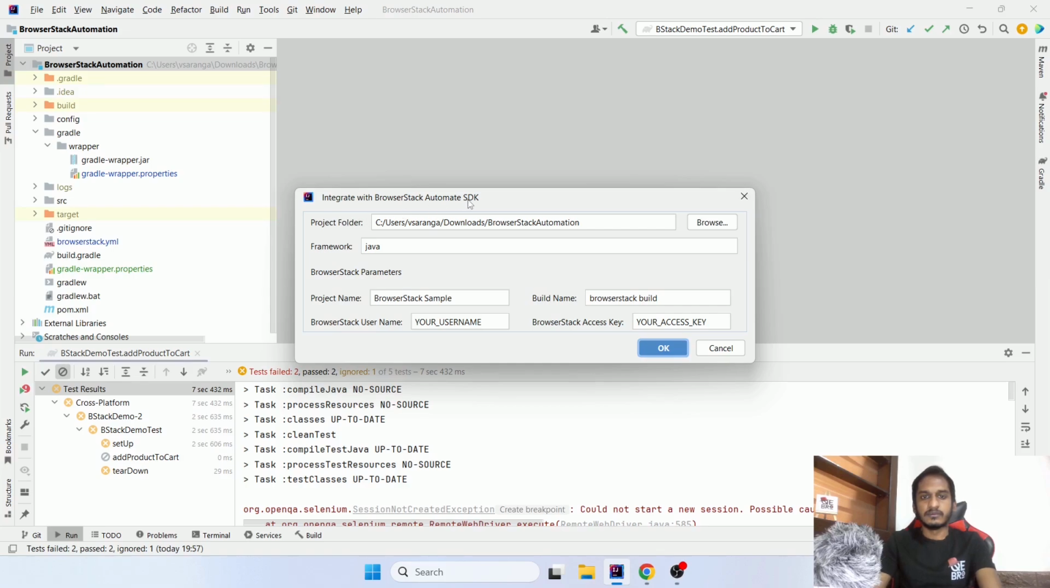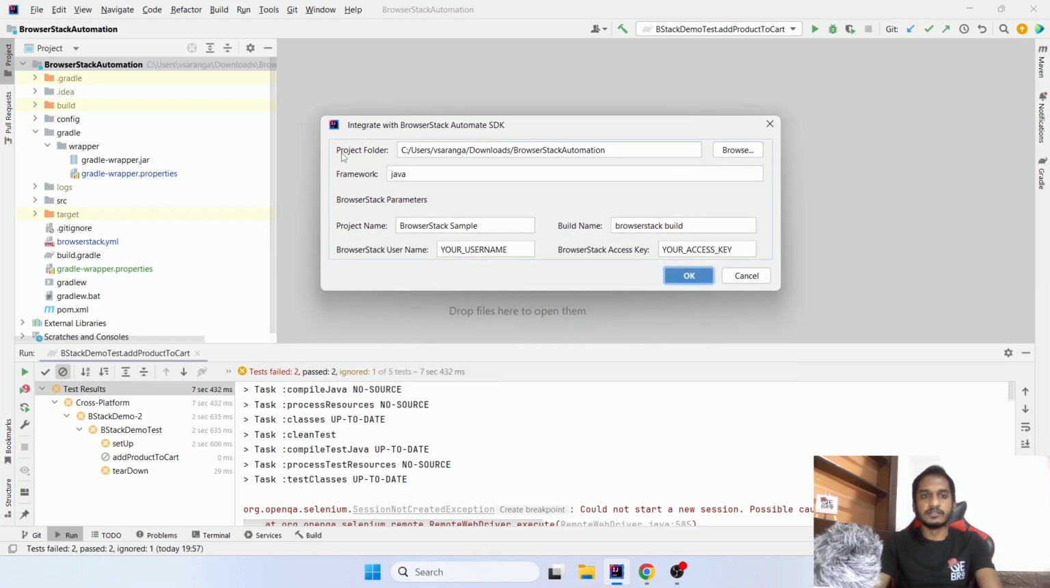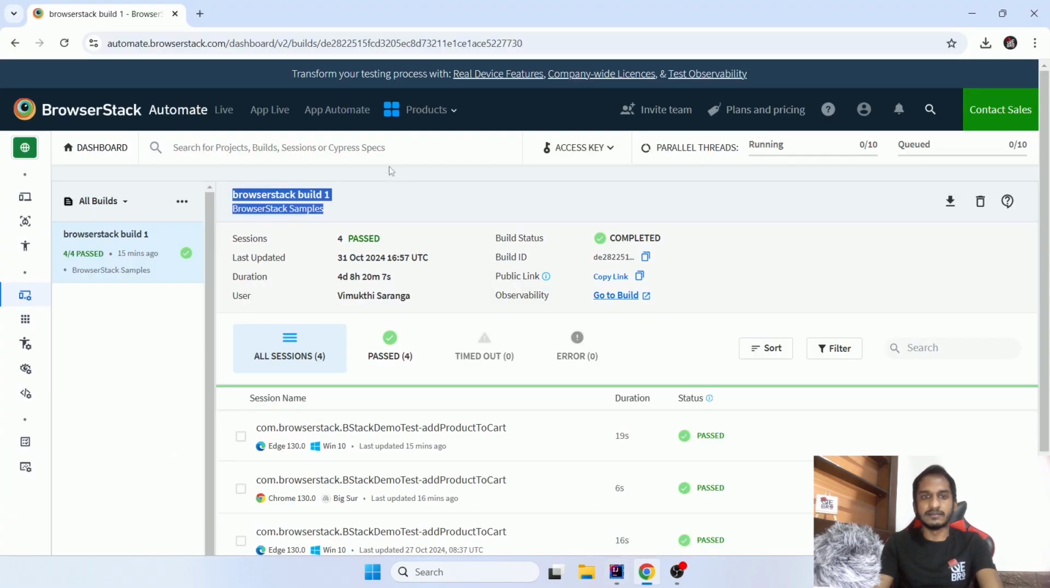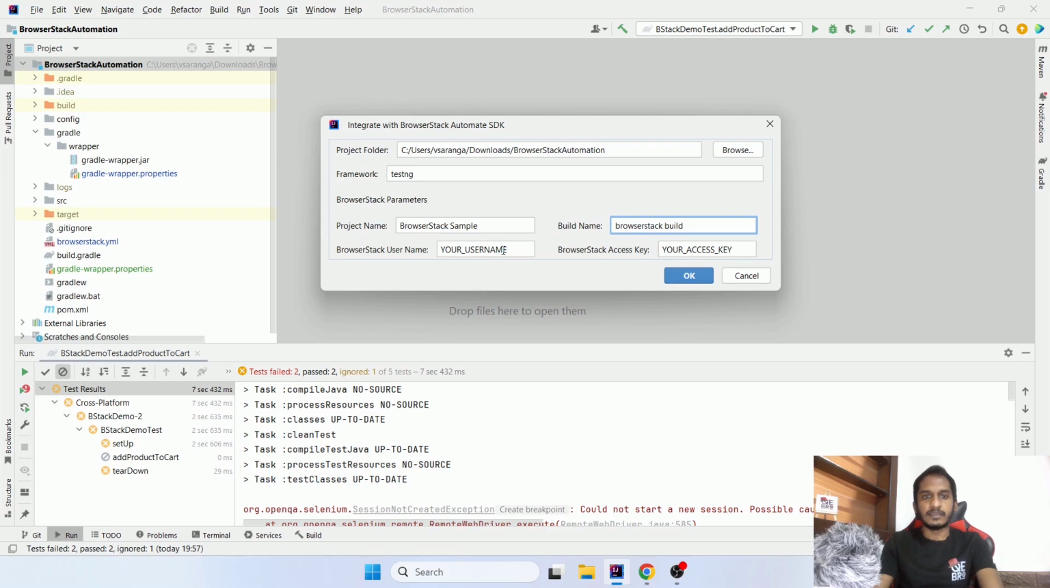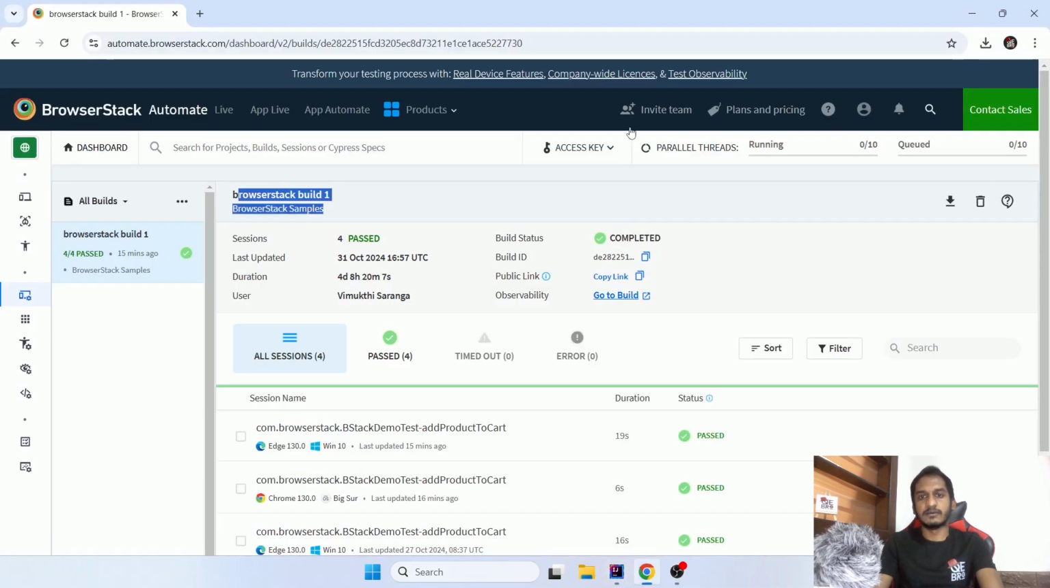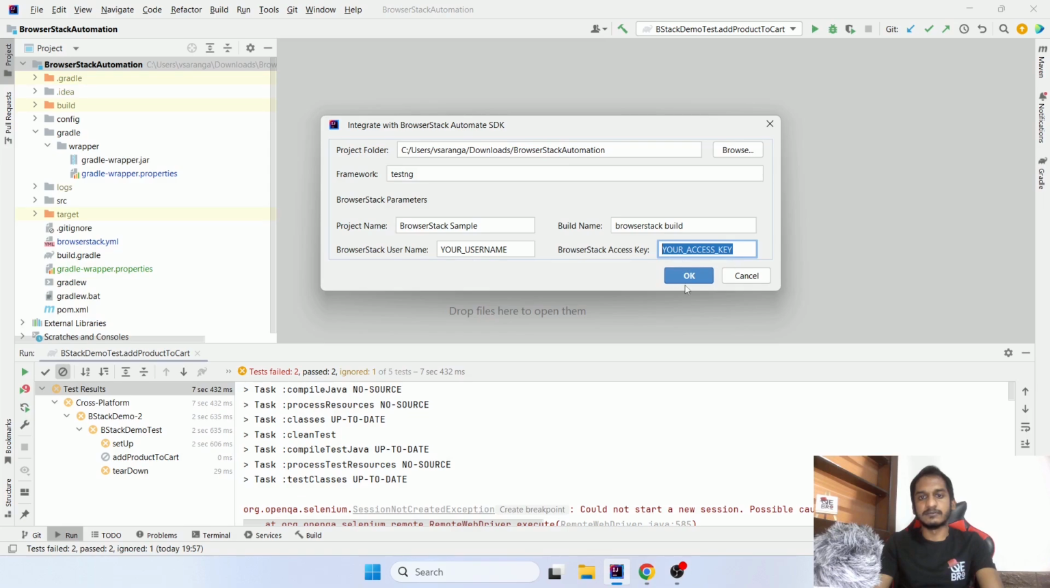Now you will get this particular window where you need to set the project folder. So it's correct. And you need to set what your framework is, Java or TestNG. Since mine is TestNG, I will put TestNG. Then you can give the project name and the build name. And then you need to put your username and the access key in these places. You can copy and paste the username and access key from your account,